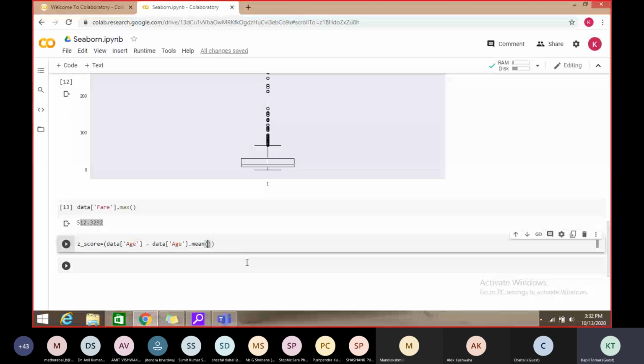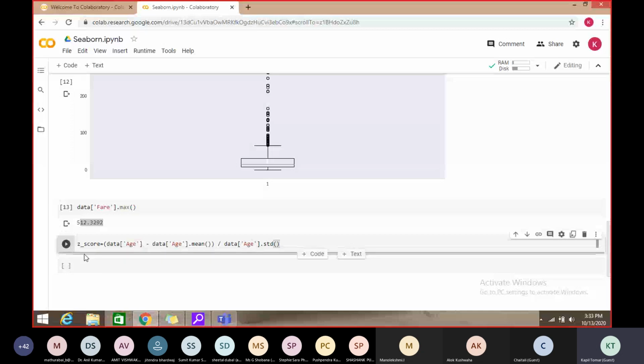Then we have to divide it by the standard deviation of those values, so data age, and then std, right? Then we will execute it.